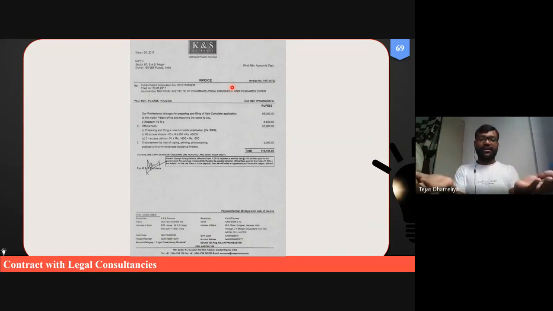So आपके दोनों हाथ में लड्डू है. The research work, उसके लिए भी आपको खर्चा होगा, so that will be provided by SSIP. Once you have done the research work, you want to file the patent. So उसके लिए भी खर्चा है, just like this. So that will also be provided by SSIP. So you have both the advantages, your research work and whatever its expenditure, and also the filing fees for a particular patent. That will be provided by SSIP, provided that your idea is new to go for consideration or for filing of the patent.